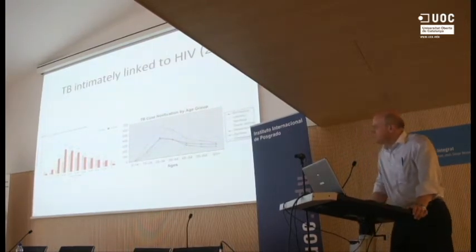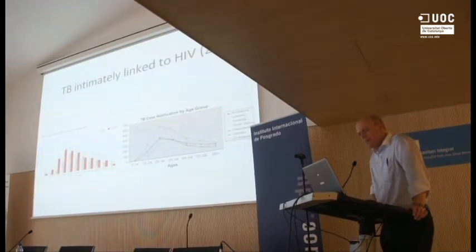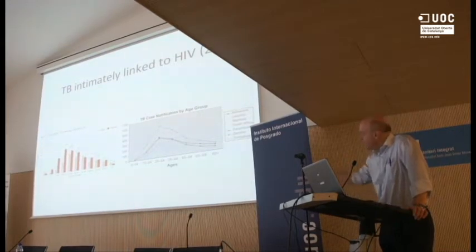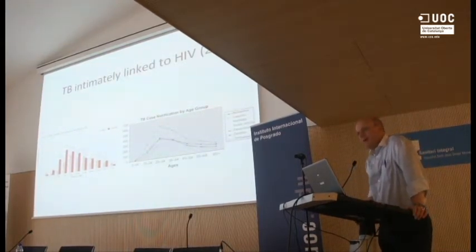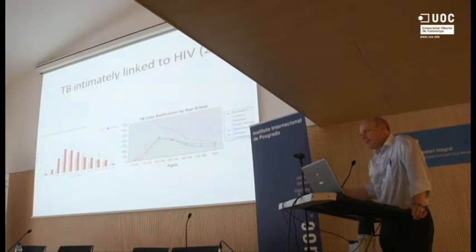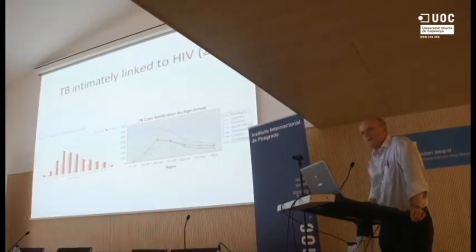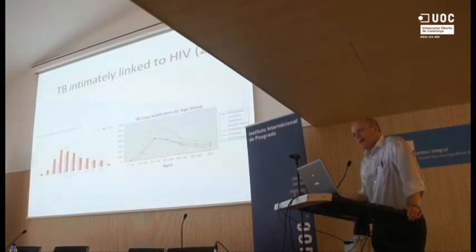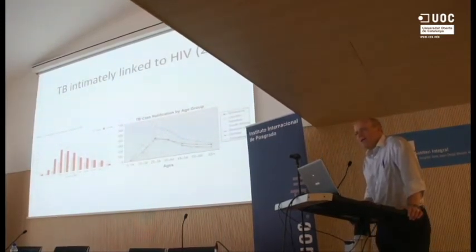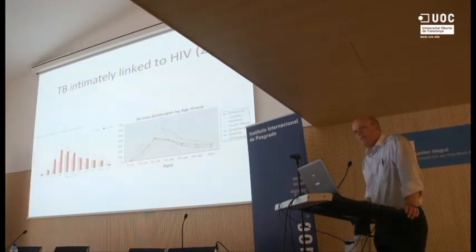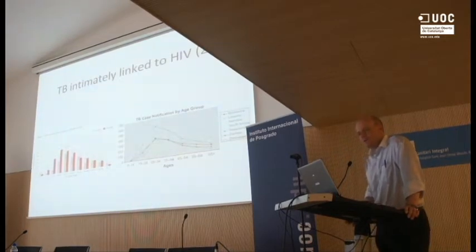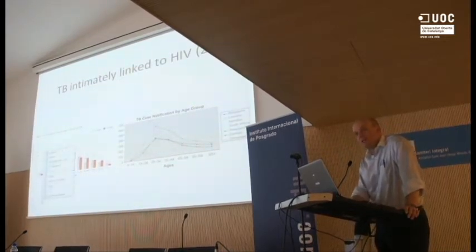And this is just really to reinforce this. On the left-hand side is a graph showing men and women. The men are in the lighter shade, the women are in the darker shade. And on the right, in this black and white graph, is age-specific annual incidence for a set of countries in sub-Saharan Africa, and you can see essentially that the age-specific annual incidence really parallels that of HIV prevalence, and this occurs in most of the sub-Saharan African countries adjacent to South Africa.